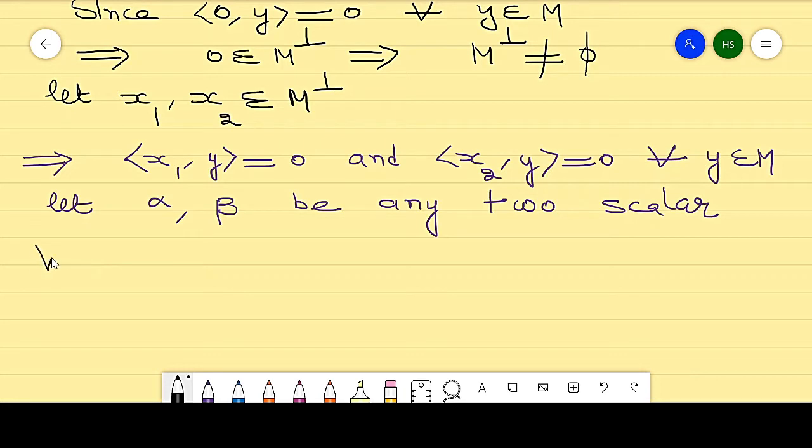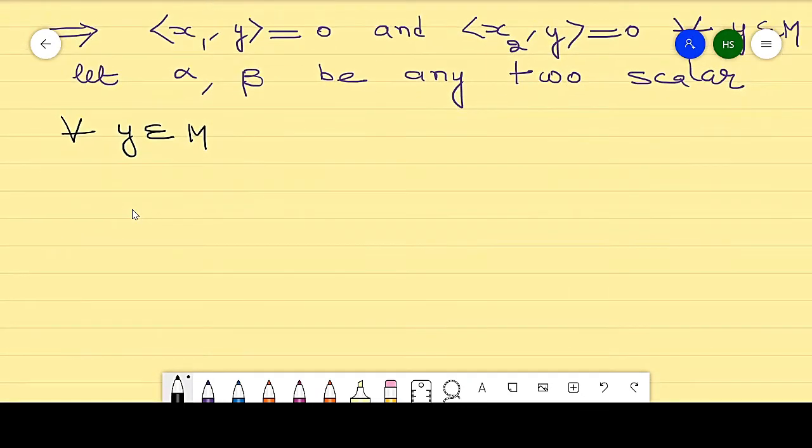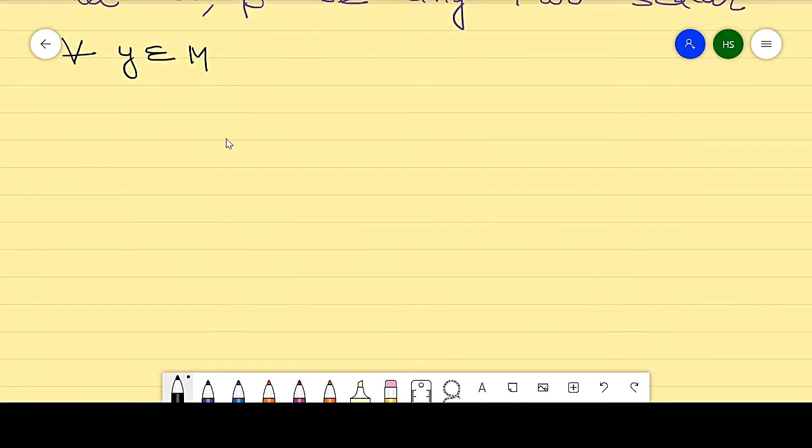So for every y belongs to M, the inner product of alpha x1 plus beta x2 with y